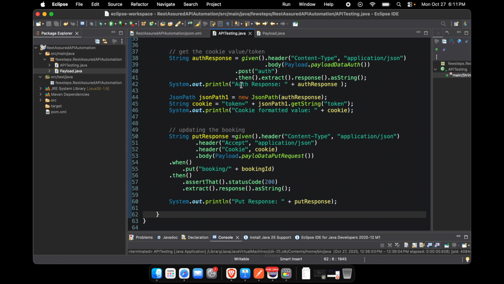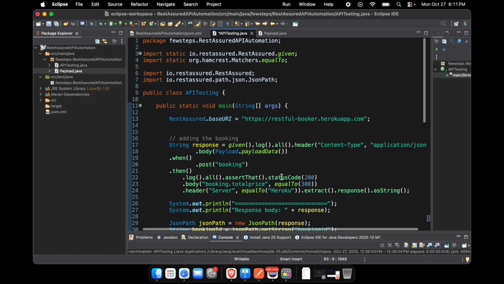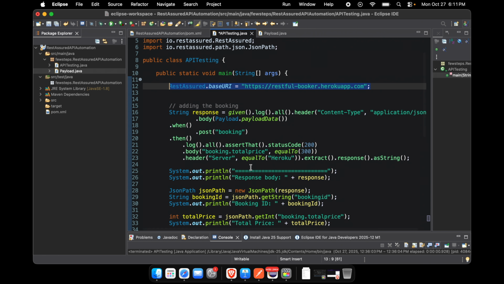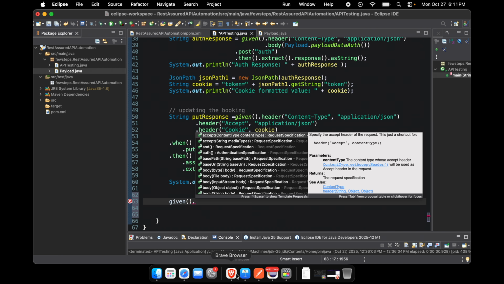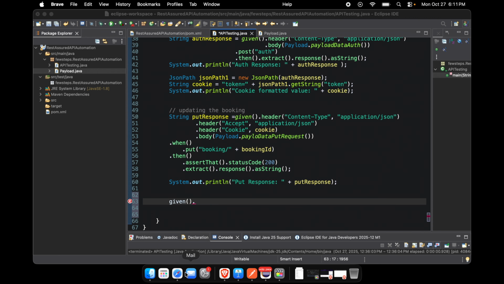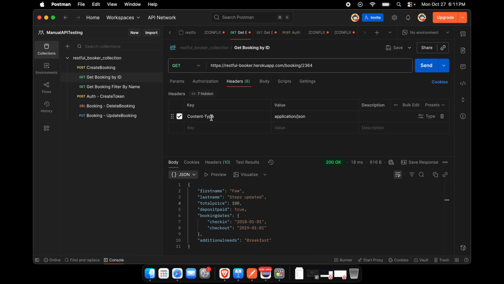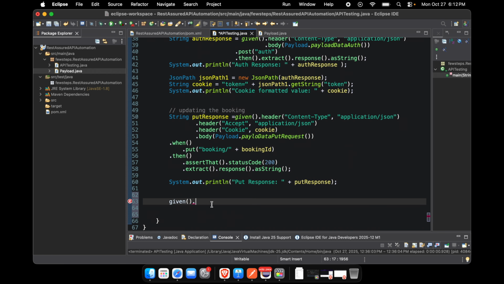So I'm going to jump to the Eclipse IDE editor, and then I'm going to initialize first the RestAssured URL, which I already added in this program, so we can reuse that. And now for RestAssured there are 3 blocks, right? So the first part is the given block, and what is given here? Basically there is only one piece of information, that is, let me show you, only this content type. So I'm going to add this content type, and this is a header, right? So I'm going to use a header,